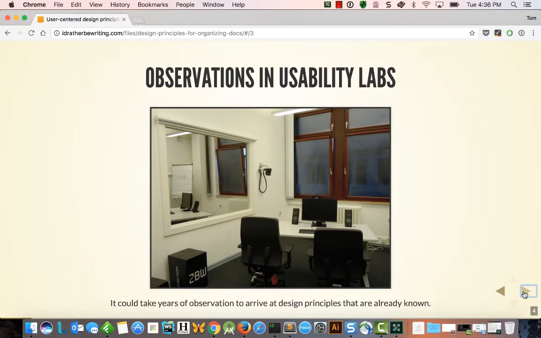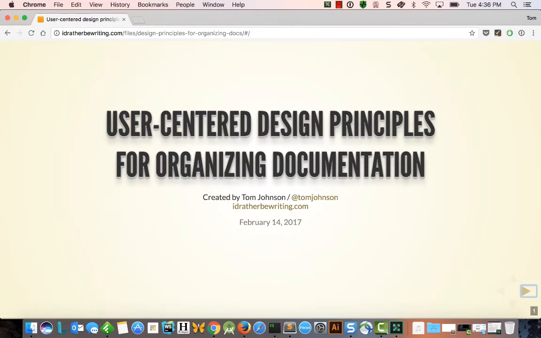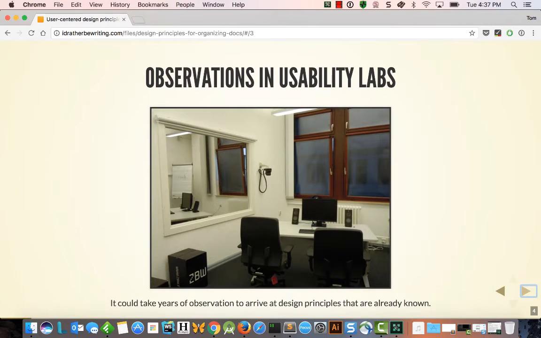All right, let me start out by talking a little bit about this topic and what we're going to talk about. The title is User-Centered Design Principles for Organizing Documentation. And here's how I started kind of getting into this topic. I was reading this book on user-centered design, and I've also done some previous stuff in usability labs. In fact, this picture is from